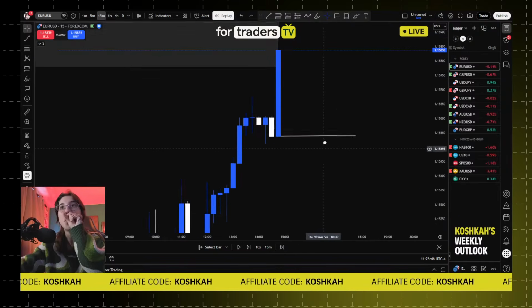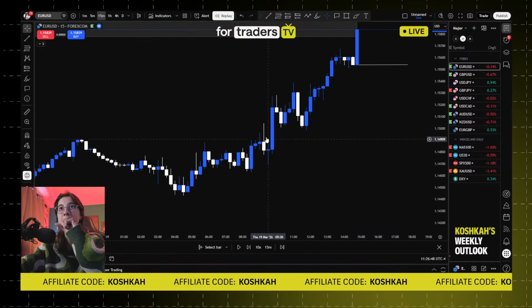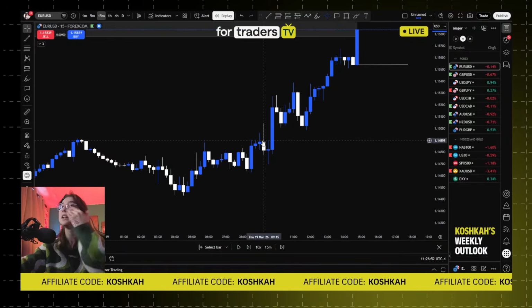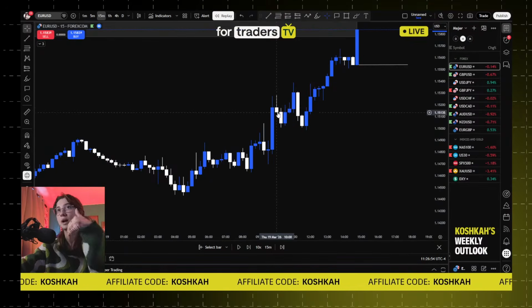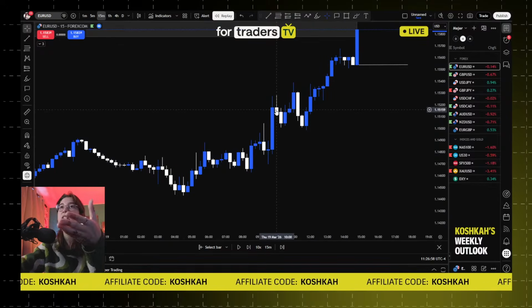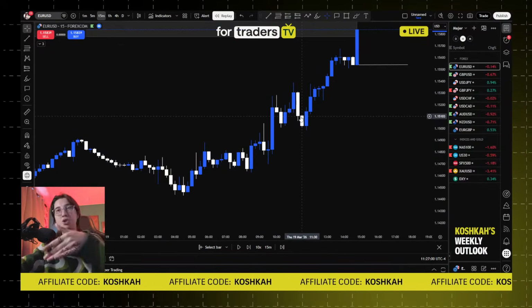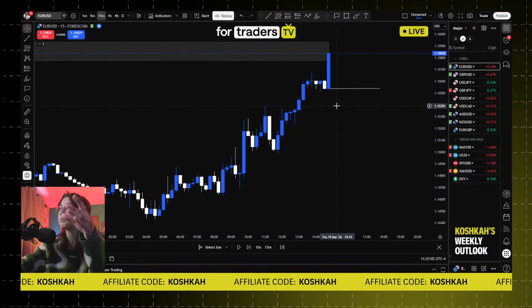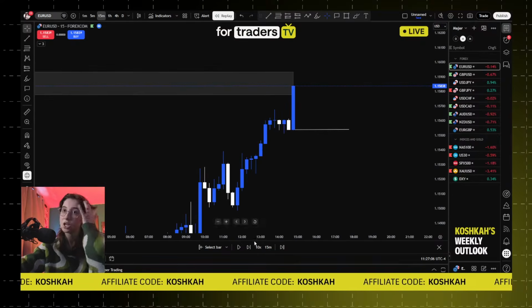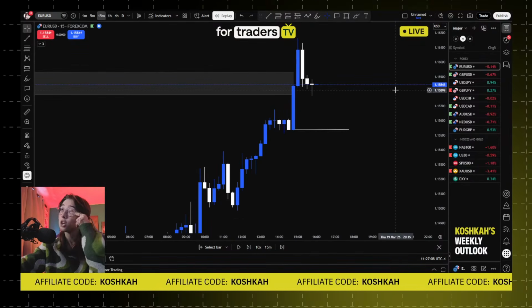If we only had a pullback right here, like with 1 candle, and then we straight away pushed up, this wouldn't have been a valid pullback. Here it's valid, here it's valid, here it's valid. Here it's pretty simple because straight away the 2 of them push down one after the other. Here it's a bit more tricky, but now you know exactly how to identify a valid pullback. Then you'll see that price just pushed up.